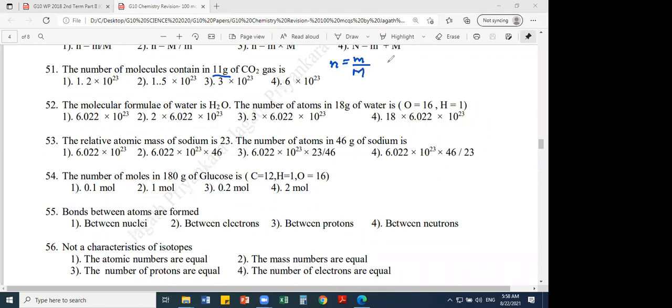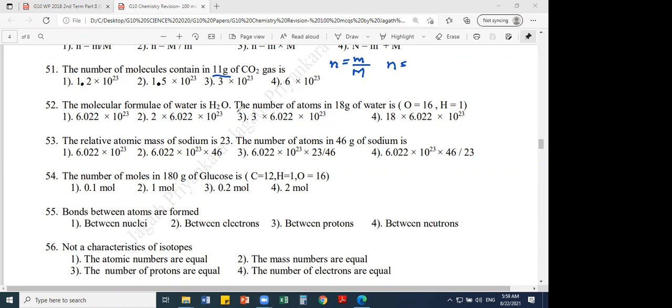So then I will apply values. Who can give me the answer for this? Actually, there's only one decimal place here. So this is just 1.5, right? 1.2 here, 1.2 here, 1.5. So any volunteers? Question number 51, the answer. I'll ask the answer for 51 from Ayad. Usman? Answer is 1.5 times, second one. Yeah, very good. Answer is second. Both of you are correct.